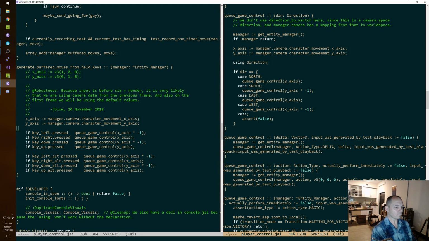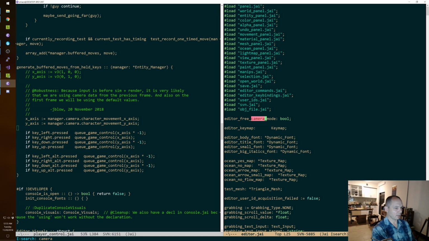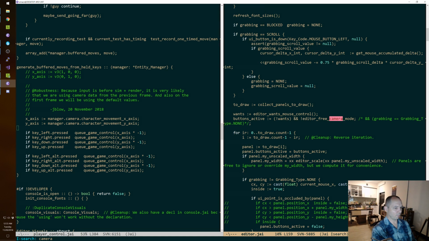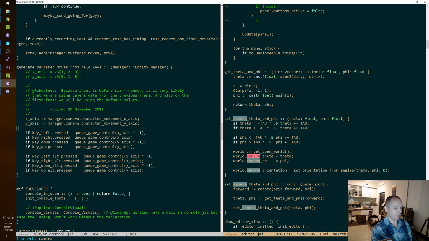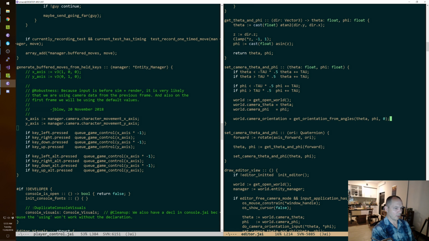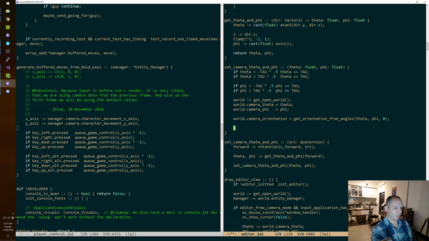So now the question is, I don't remember if the editor goes through this camera system. I don't think it does. Editor free camera mode. Yeah, this has its own thing. And we're just going to cut and paste this from